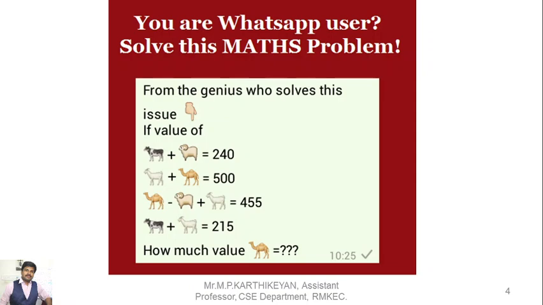And yes, the correct answer is 480, correct. We have to consider all the animals as separate variables like A, B, C, D, and sum up all the equations clubbed together. We will get the values of a camel, and the goat value is 20. Similarly, each value will be changing. So the final answer is the value of camel is 480, correct.